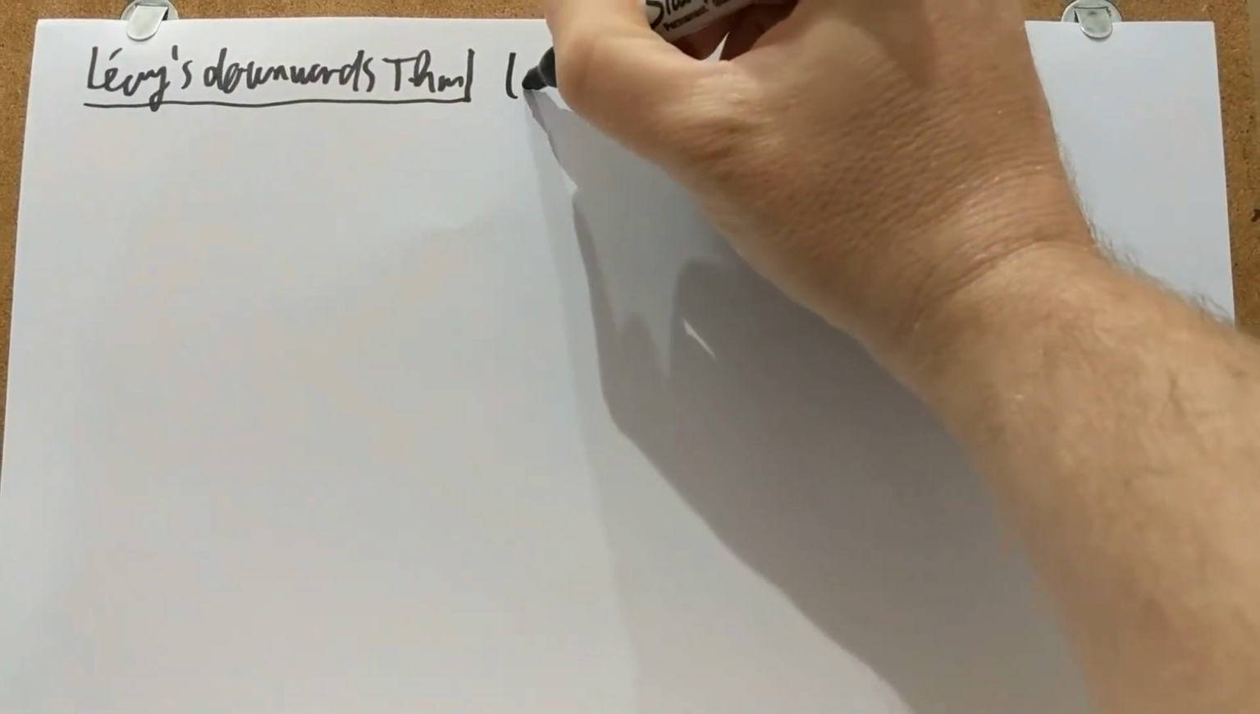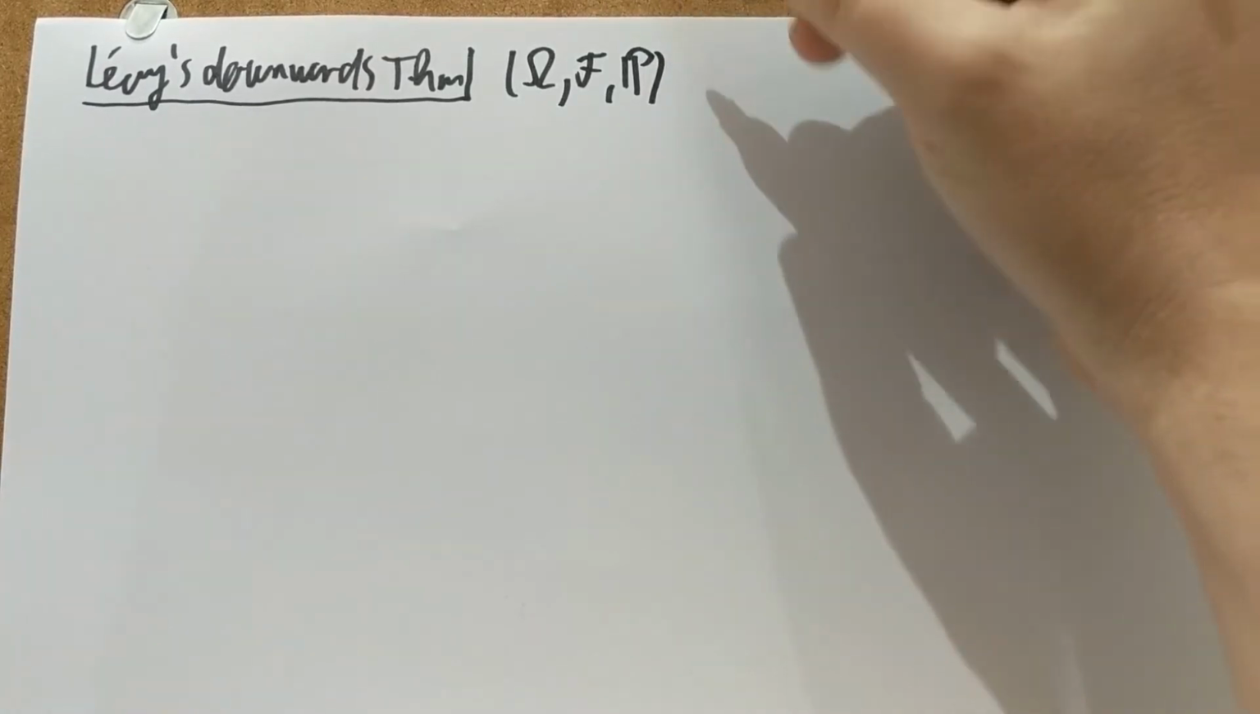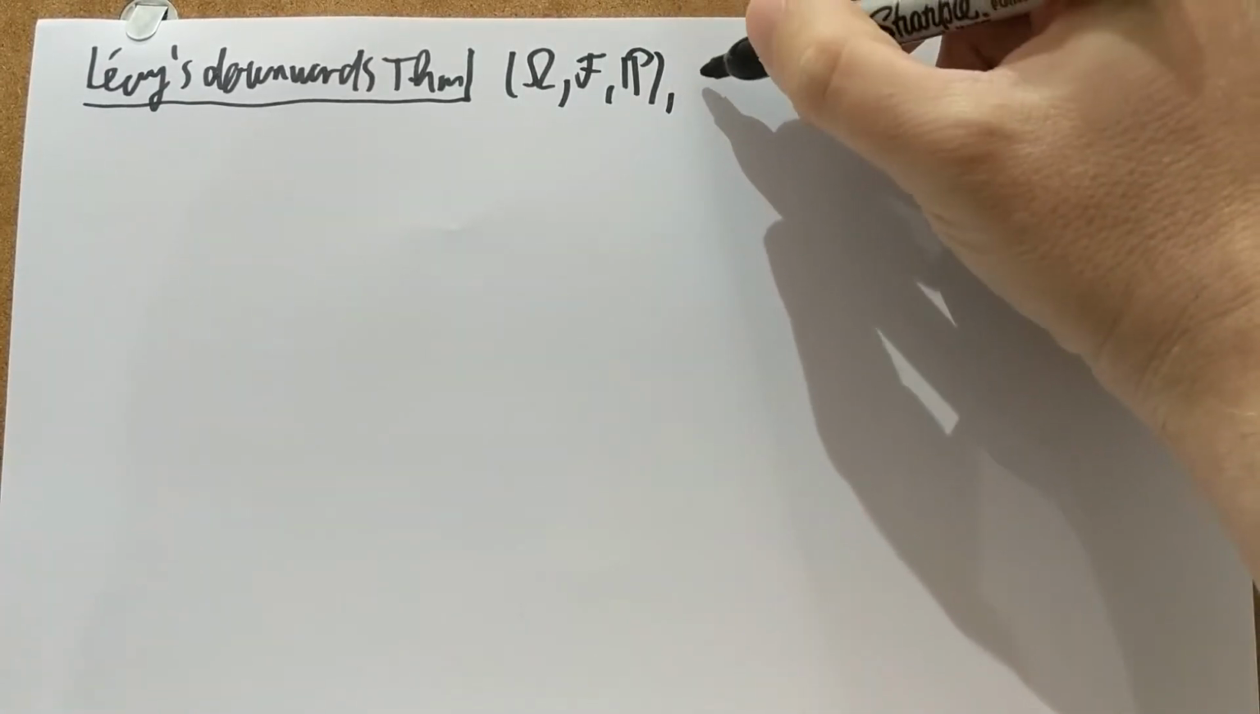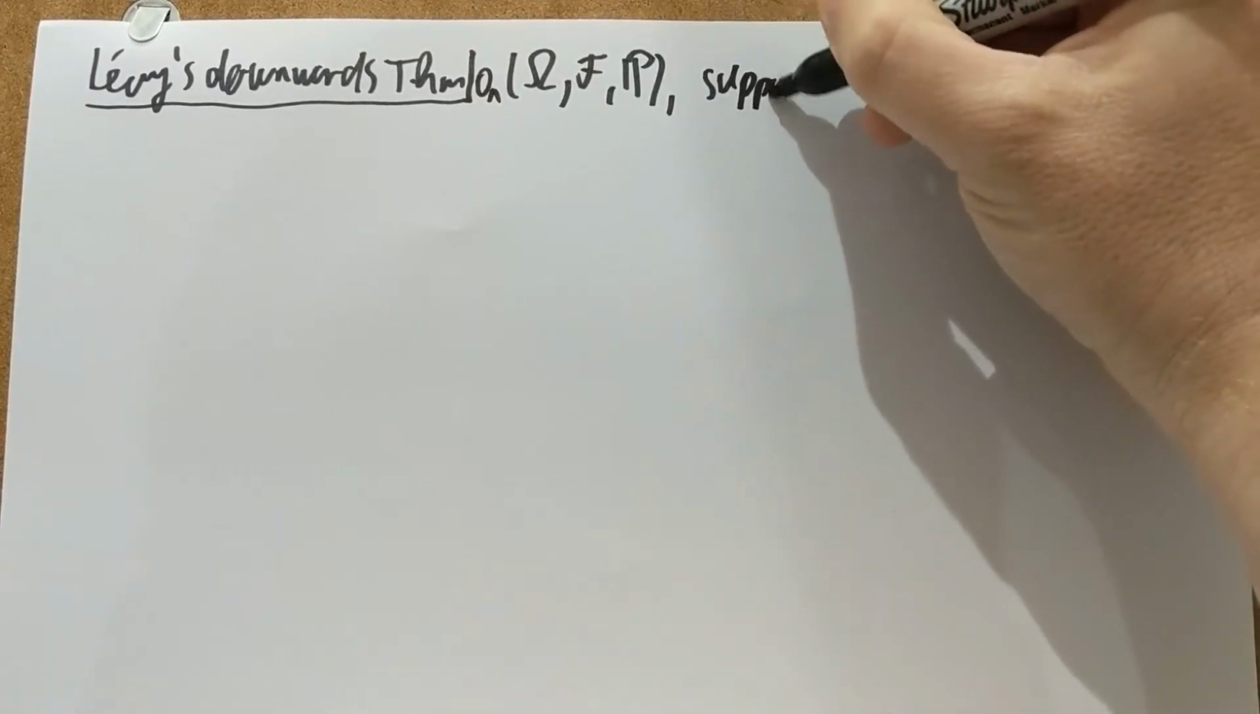Hi everyone, I'd like to tell you about Lévy's downwards theorem, which will pave the way for proving the strong law of large numbers. Suppose we have a probability space, as usual, and on this probability space,